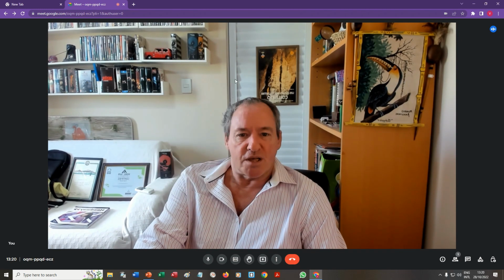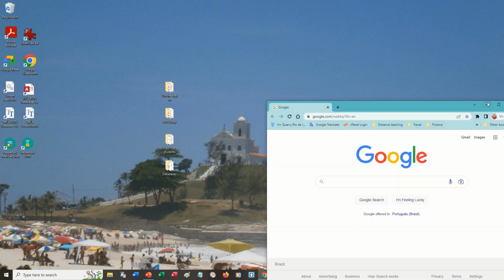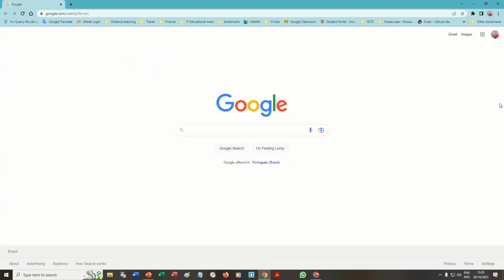Now, to look at my desktop, I'm going to minimize this screen here, and this is my desktop, okay? To access Google Meet, first of all, you need to open up Google Chrome. If you have Google Chrome on your Windows-based computer, you will see this symbol here, okay? So I'm going to open up my Google Chrome here, put it full screen, like this, and Google Meet is one of the